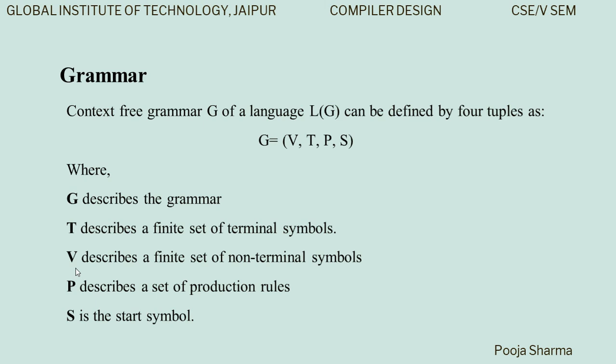whereas T is the set of terminal symbols, which is a set of words in the grammar. The symbols appearing in T are appearing in the final stage, so they are called terminal symbols. Whereas the symbols belonging to the non-terminal set V_N are not appearing in the final program or the final input or the final language.